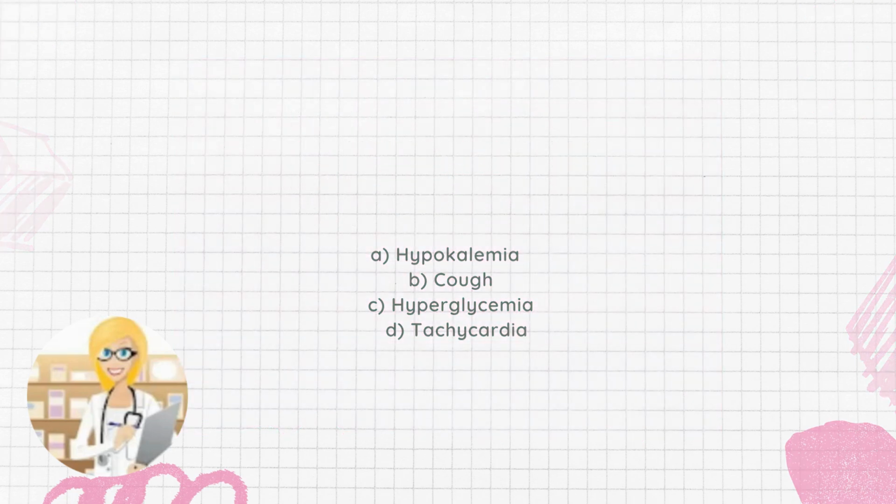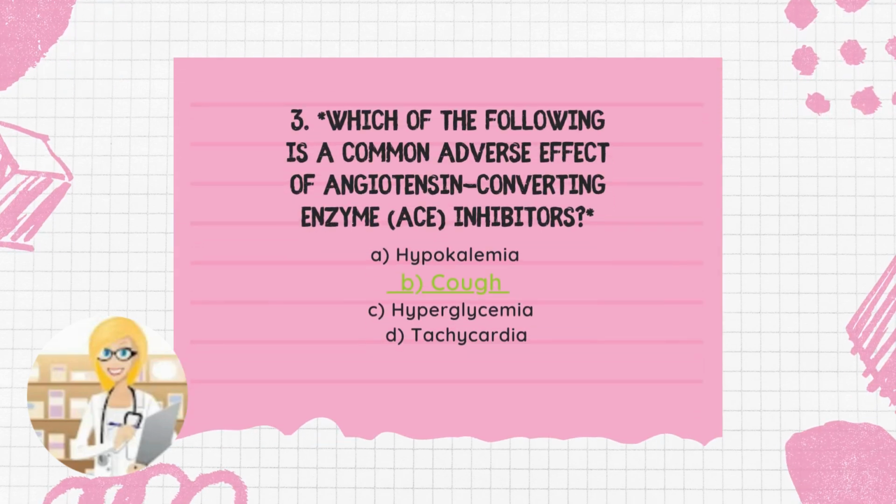The right answer is B. Cough. ACE inhibitors commonly cause a dry, persistent cough due to the accumulation of bradykinin and other substances that stimulate the cough reflex. Next,